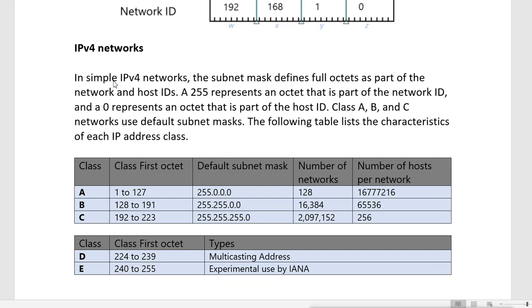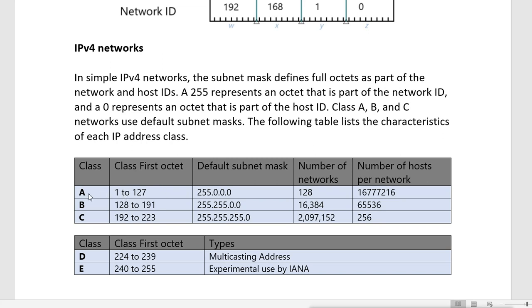So in a simple IPv4 network, the subnet must define a full octet as part of the network or host ID. A 255 represents an octet that is part of the network ID, and a 0 represents an octet that is part of the host ID. Class A, B and C networks use a default subnet mask, and the following table lists the characteristics of each IP address class. When we talk about classes, we only look at the first part.